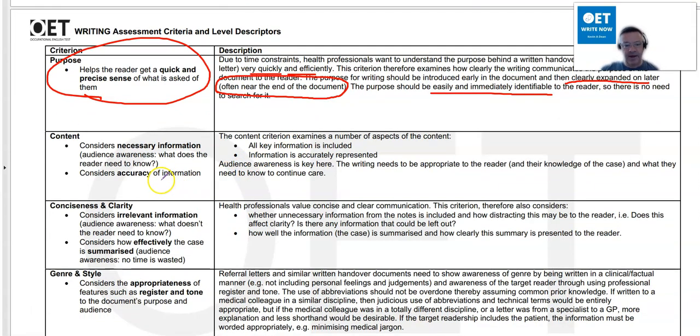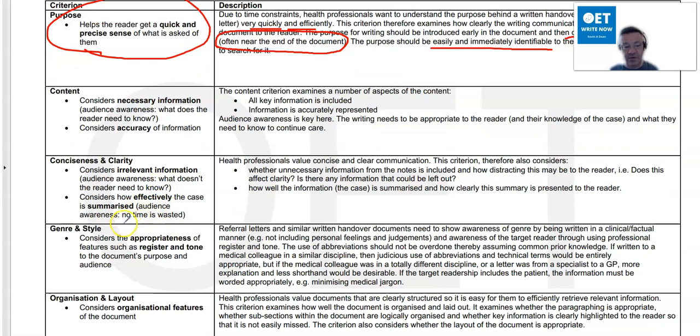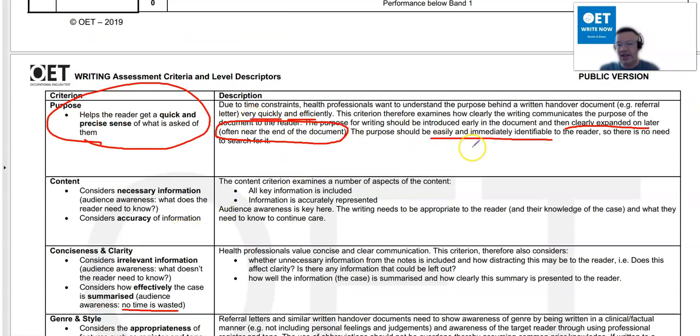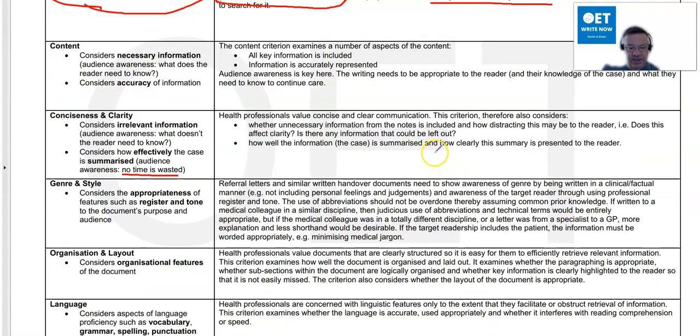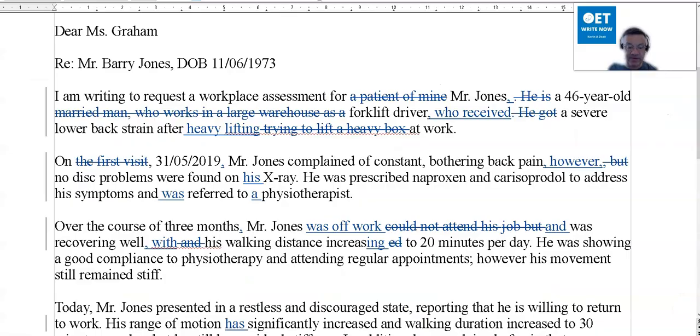If we look at conciseness and clarity, for example, yeah? How you write it, how you phrase it, how well the case is summarized. Because look, no time wasted, effectiveness, quickly, efficiently. So the criteria is pretty clear, really, as to what you have to aim at. So that's all that I would do. Try and get that purpose nice and clear, because you're supposed to expand on it in the body of the letter. And then at the end, in view of the above, I would appreciate if you could manage, assess, blah, blah, blah. Okay. So, hope that helps.